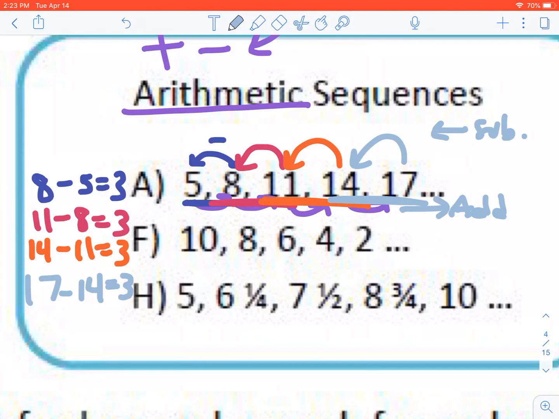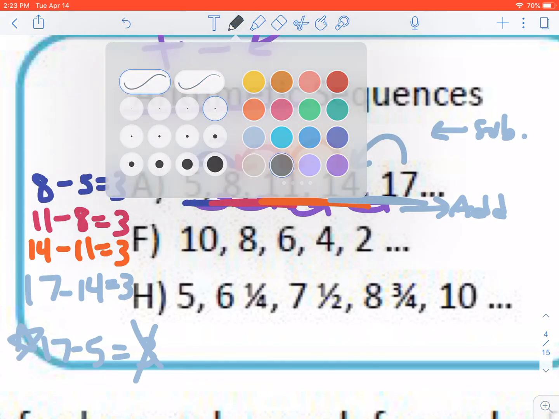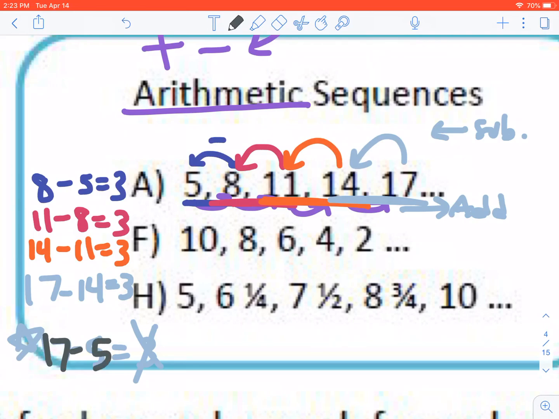So we just look for the one that's not equal to 3. And the answer is going to be 17 minus 5 does not give you a 3. So this one right here, and I did that in a light color so you can't really see it. 17 minus 5 is not equal to 3. So that one's going to be the answer that you